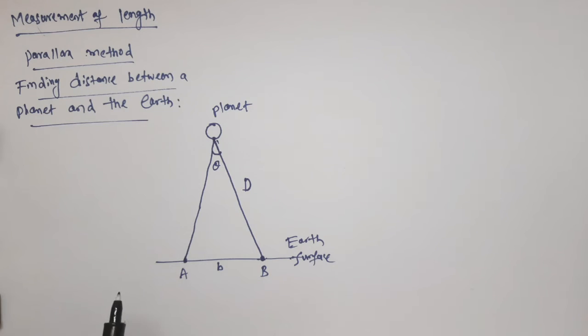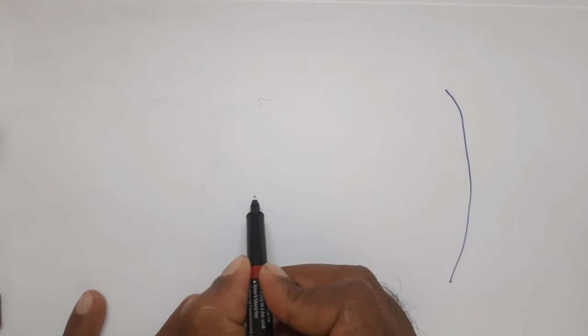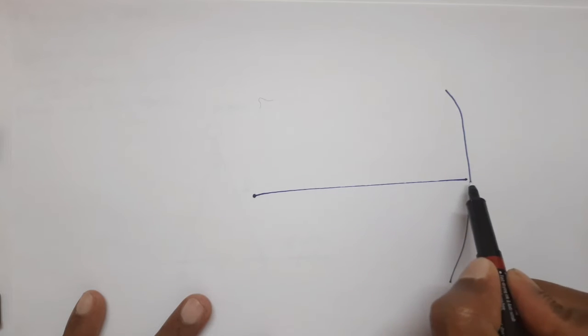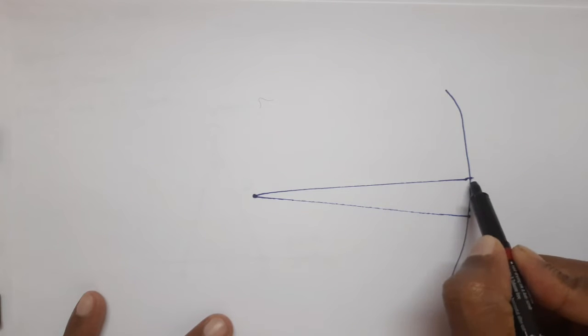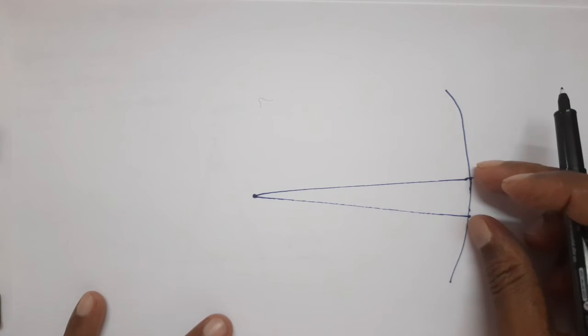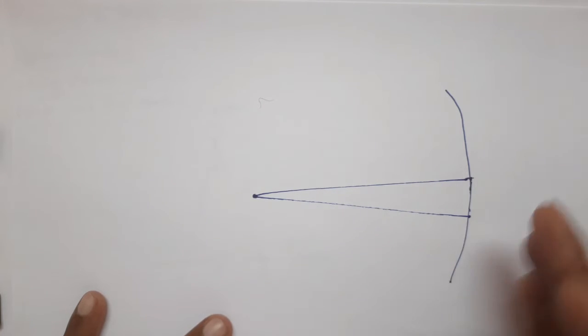Now, can we write the formula for theta? We know that for an arc, the other length acts as the radius, and you may get one doubt. It doesn't look like an arc, right? It looks like a straight line. So what happens is, take a point here. When you take it like this, how does it look, guys? It almost looks like a straight line, right? When arc length is very small compared to radius, it almost becomes a straight line. It doesn't look like an arc, a curved part.